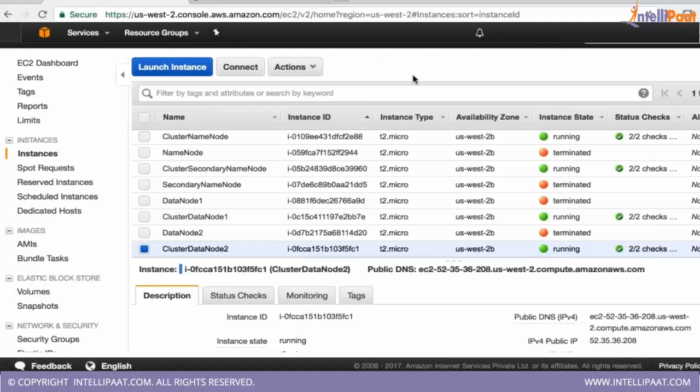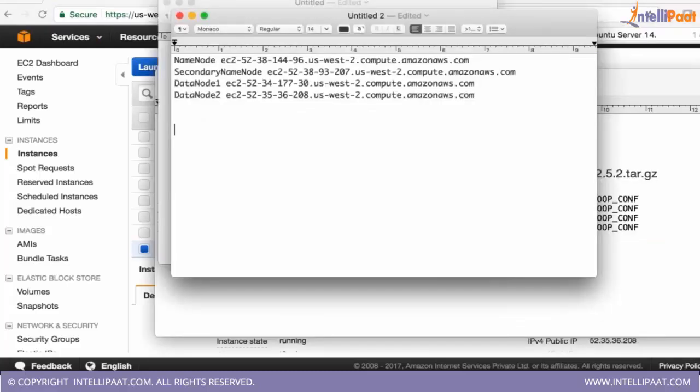In this we have started 4 nodes, 4 EC2 instances, and we tried to log in to those instances, and we saved the host names of those instances to install these components on those machines.